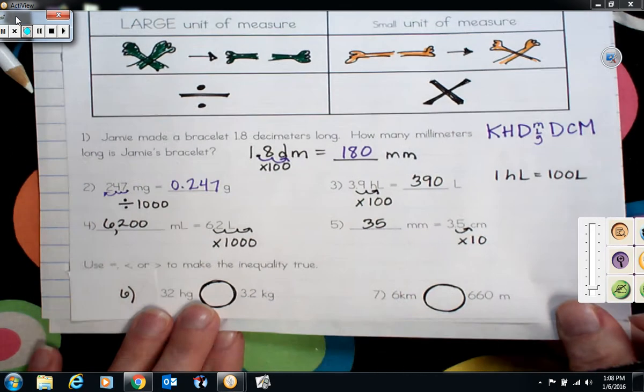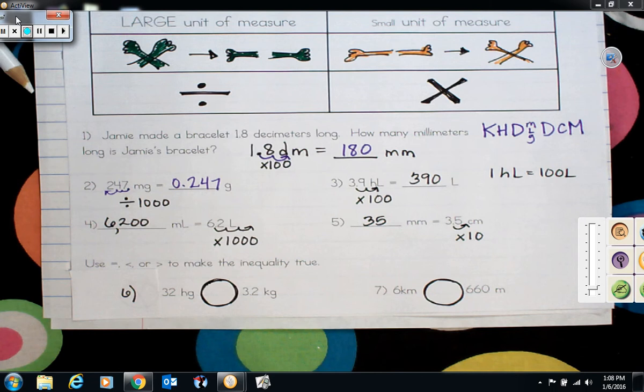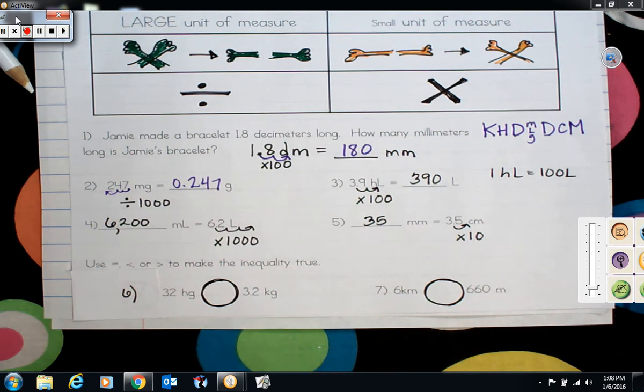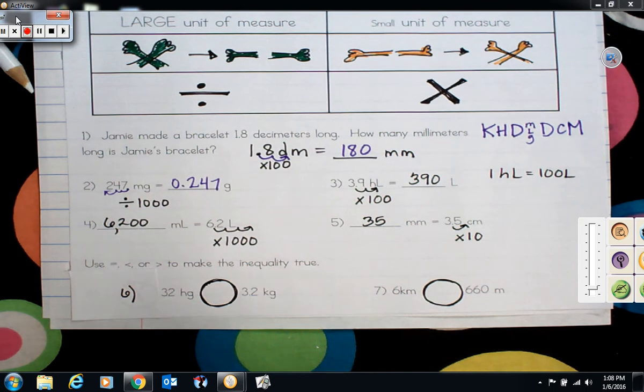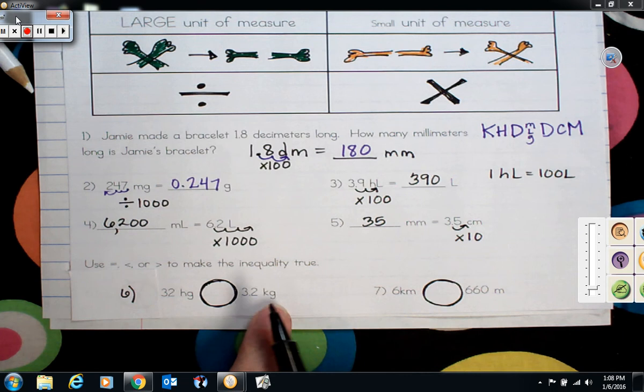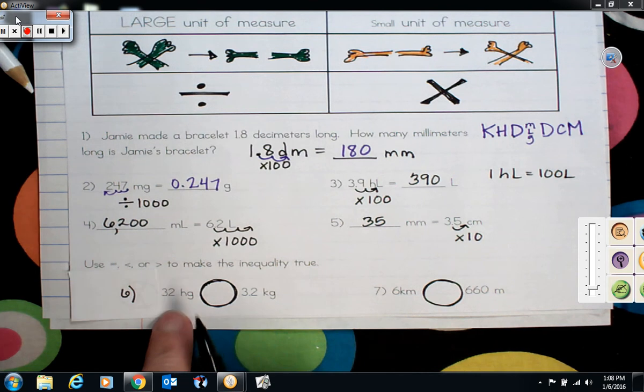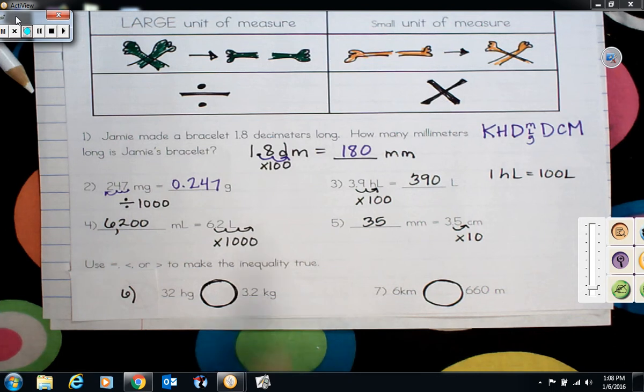Lastly, if I want to compare two different measures, what I have to be careful of, just like when I'm comparing fractions, I want to make sure I have the same size pieces or the same size unit of measures. So I've got to change my hectograms to kilograms or my kilograms to hectograms so that they match. So if I go ahead and change my kilograms to hectograms,